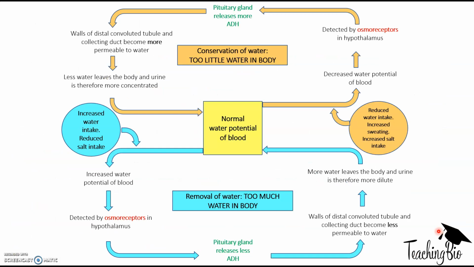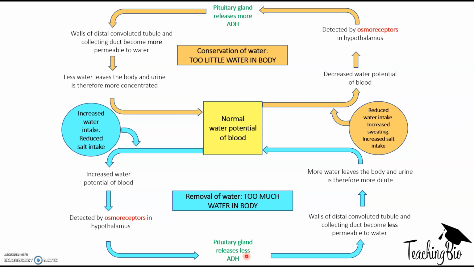So this here is a slide summarizing the responses to having too much water in the body and too little in the body. When we have too much water in the body, we want to expel that water, so we want to wee more. The reason why we might have too much water in the body is because we've drunk a lot of water or we have very little salt. And as a result of that, we have a high water potential of the blood. Therefore, the osmoreceptors will detect this high water potential and they will release less ADH. So by releasing less ADH, we get less of the aquaporin channels. Therefore, we will get less water reabsorption from the collecting ducts into the cells and into the blood. So more water will be expelled into urine, producing very dilute urine and therefore lowering the water potential of the